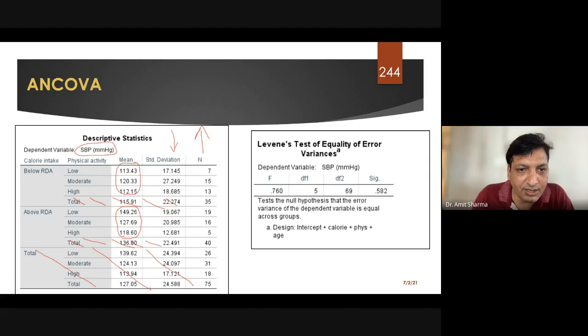1112. This is the minimum value. I'll just delete all the things so that you are able to see. This is the minimum value out of those 6, and the maximum was found to be 149. So these we can quote in the research paper or the review paper, that